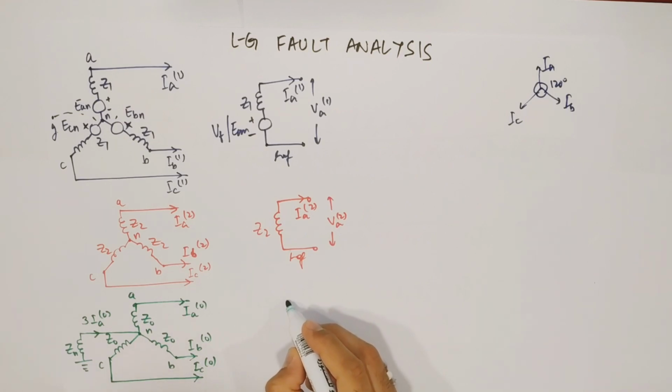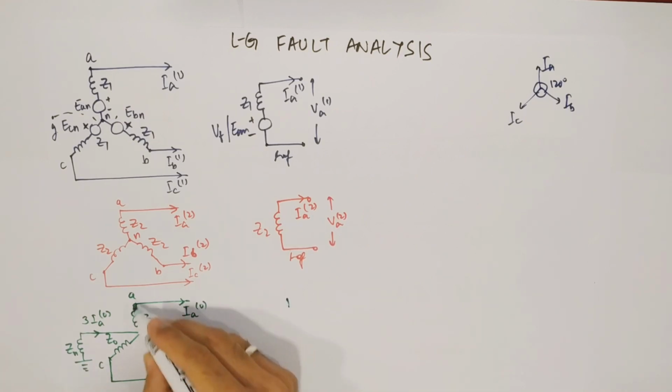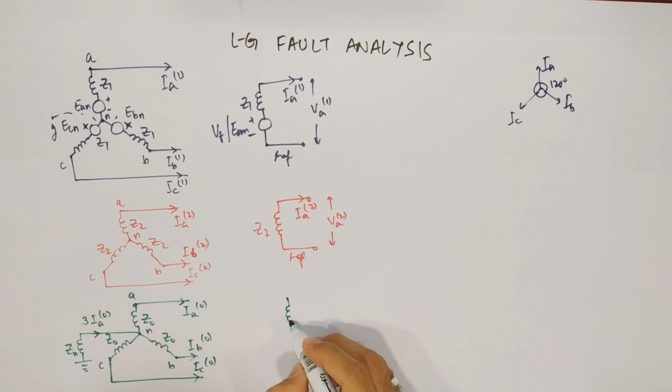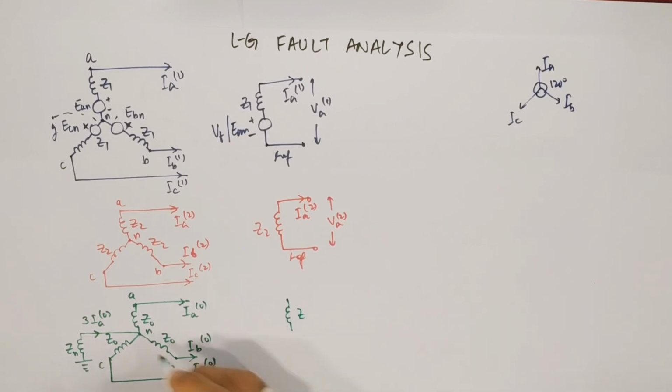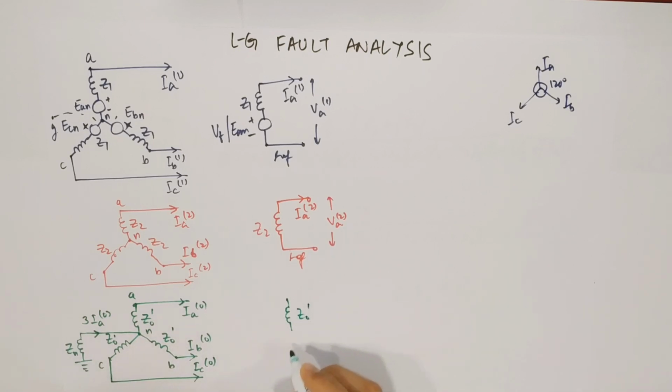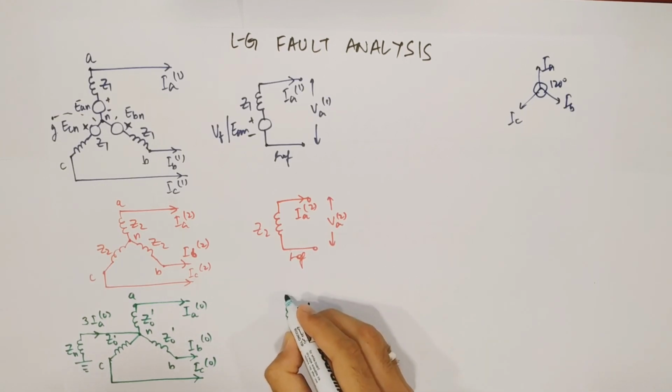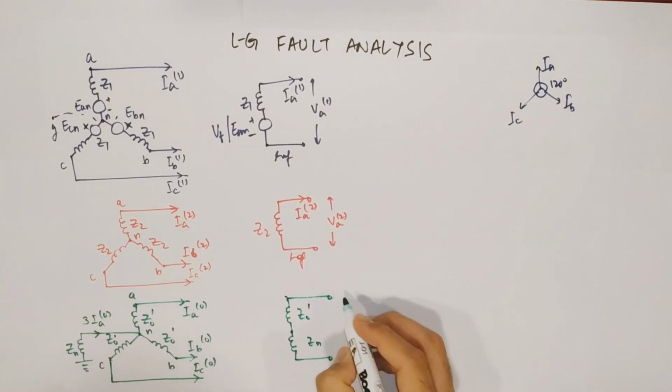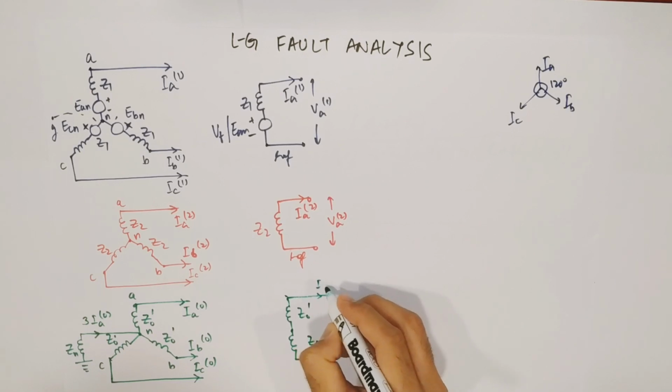So in this case, if you have to draw, from A you go ahead and draw this Z0, or I will write this as Z0 dash, and from neutral you have to go to the reference, which is your earth here. In this case there is one more impedance, which is Zn, and then you get your circuit completed, and this will be your Ia0.